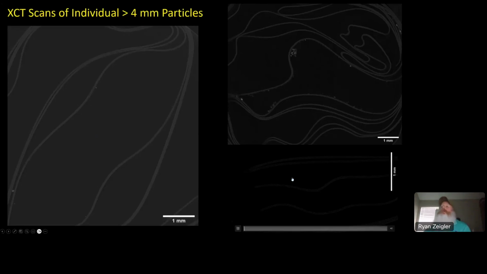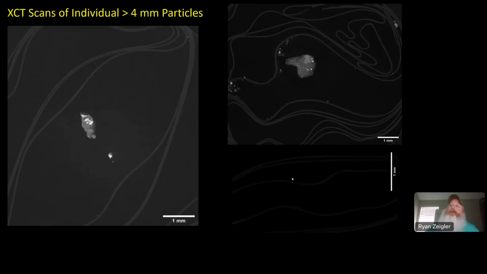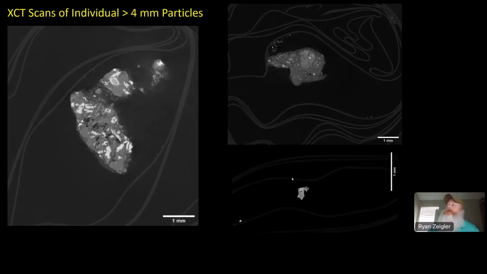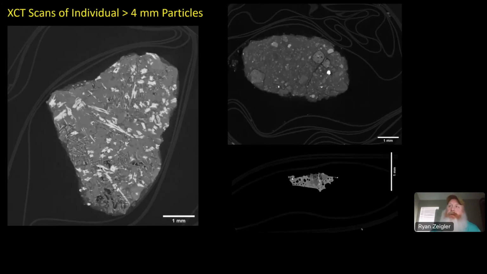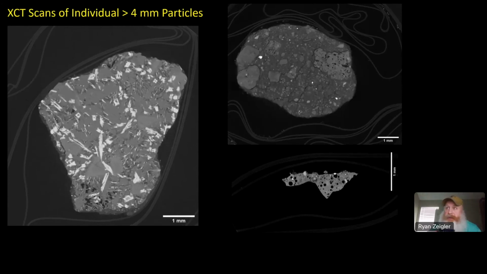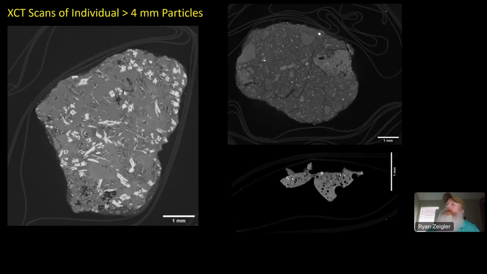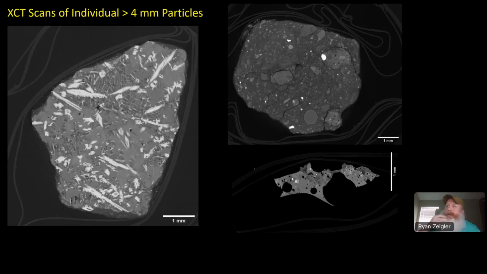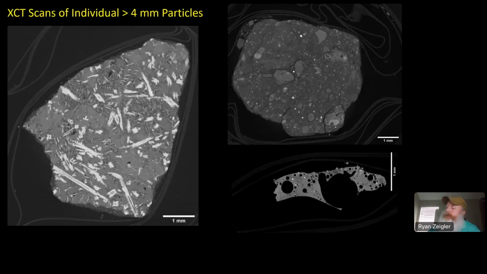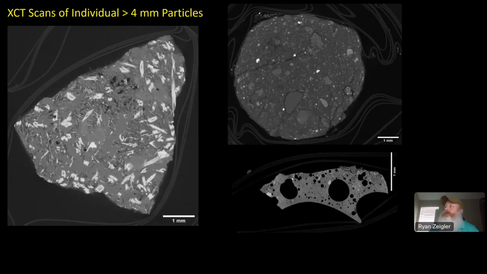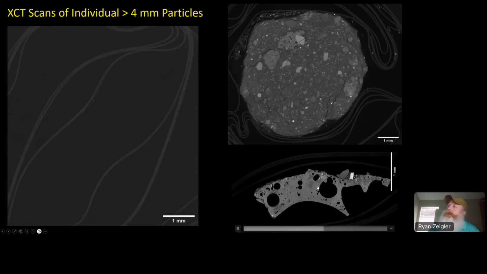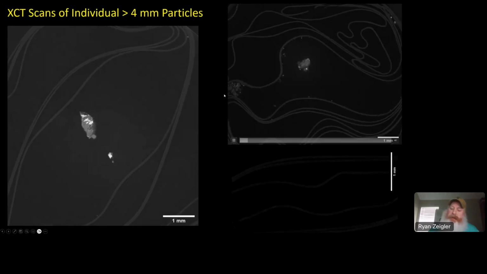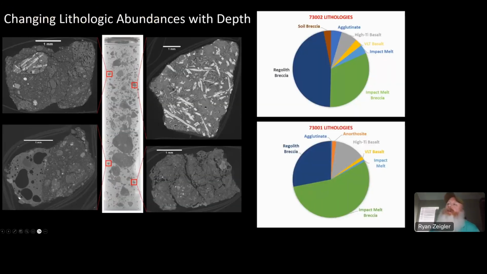I showed you those bagged particles before as well. For the 351 greater than 4 millimeter fragments that were separated out, each one was scanned individually and bagged under nitrogen conditions. So we were able to keep them pristine, except for the fact that, yes, they have now been exposed to a significant amount of radiation. So their radiation record is reset, but we were able to keep the samples otherwise chemically pristine and understand for the 350 particles which ones are basalts, which ones are regolith breccias, which ones are agglutinates, and everything in between. Then we were able to reconstruct the stratigraphy within the column of the core, of what types of particles came from where.